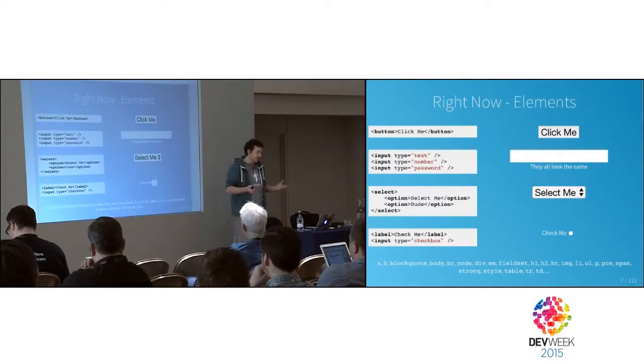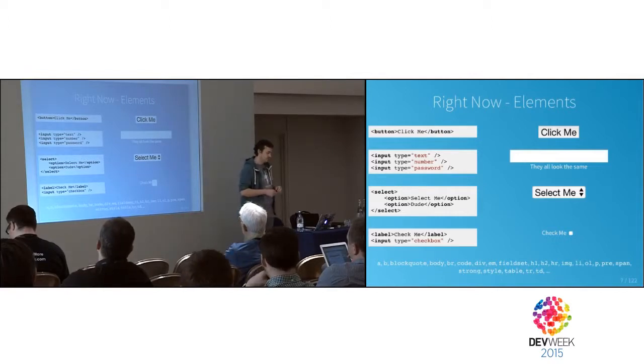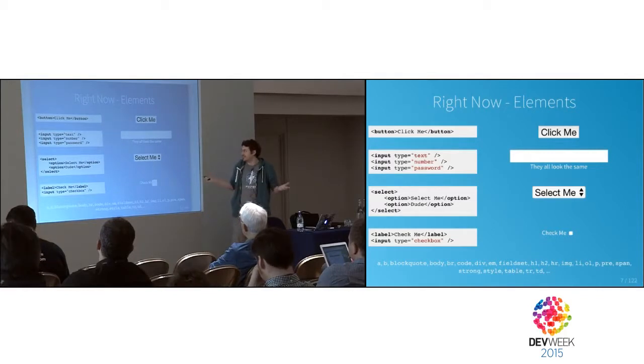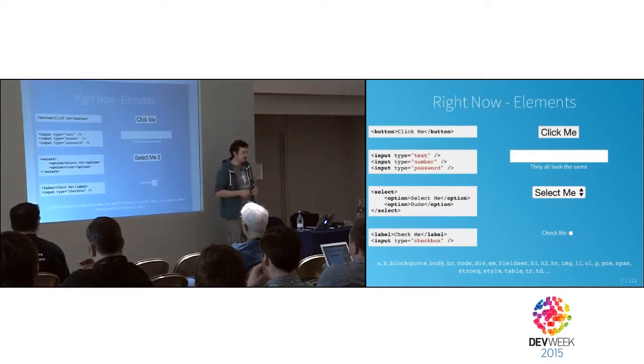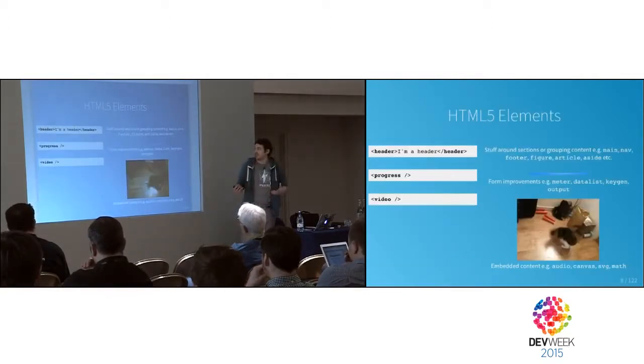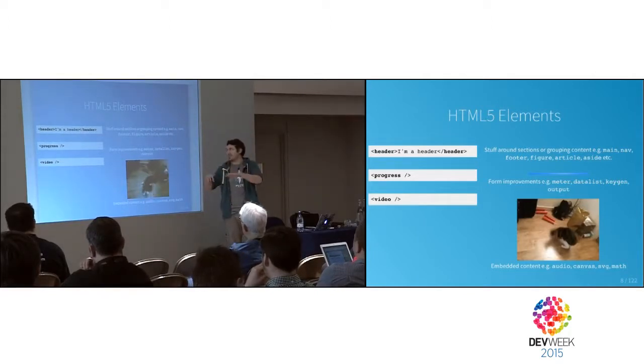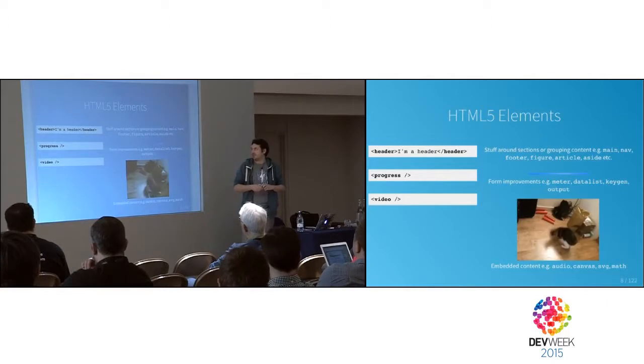We all use elements on the web anyway, and they've been around forever, HTML 4.01 or whatever it was. And they offer the very basic functionality that we need. Here are some examples. They're quite difficult to style, and they don't give us a lot of rich functionality. And there are a whole bunch of them, and that's how we mark up and structure our apps. And then HTML5 has come along, and the focus has really been on the APIs that it's helping expose. But again we've got things around the semantic markup of our